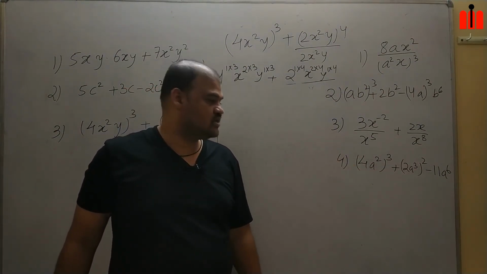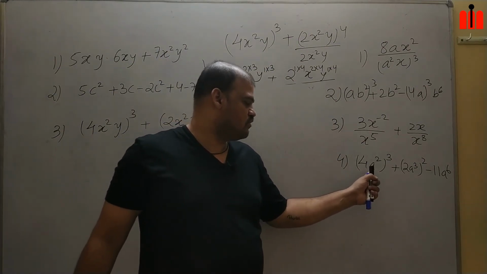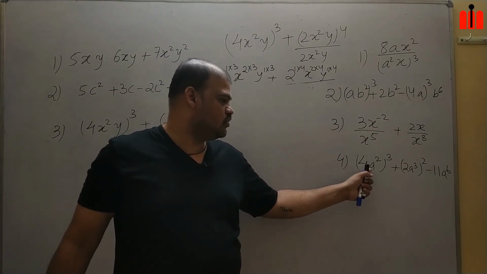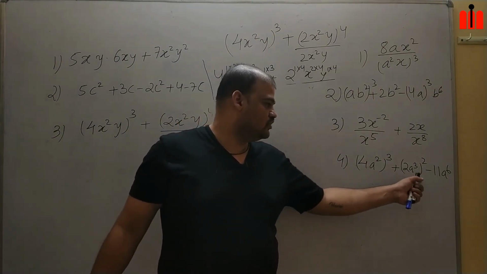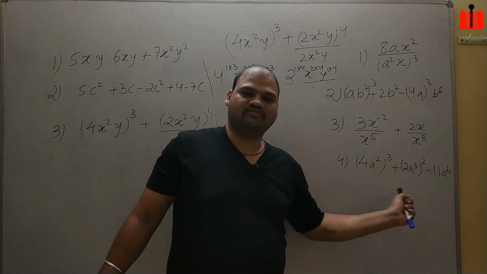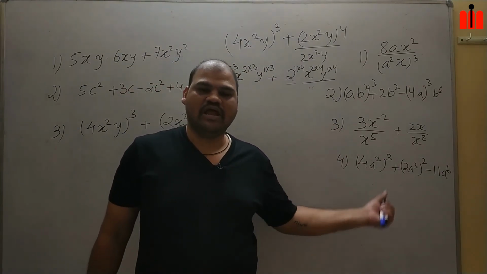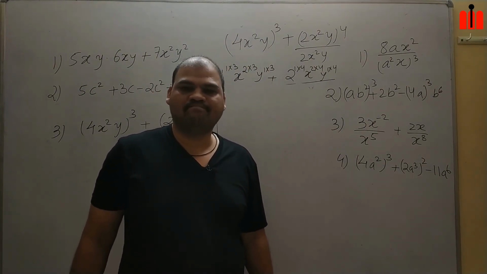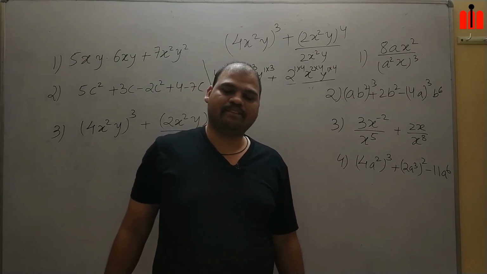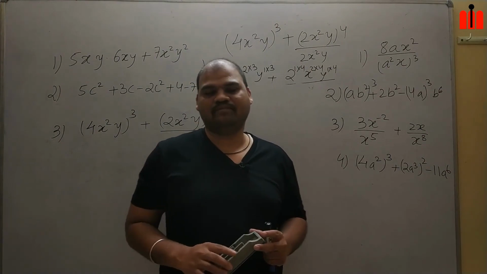So what you have to do in this problem? In this problem we have to do a to the power of m power of n. So if you do that, you will get everything in a to the power of 6, a to the power of 6, a to the power of 6. So those are all like terms, and you have to do the operation, and at last you will get the expression. Okay. So this completes the third section.